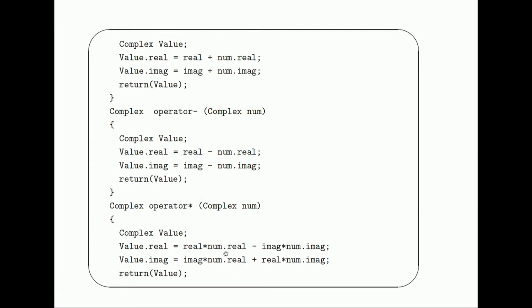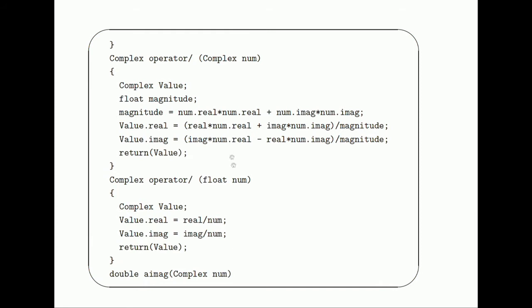There is another one for multiplication of two numbers. Here is something for scalar division, and there is an operator for division by a complex number itself. Notice that one is for scalar division and one is for division by a complex number. So, depending upon the context, it figures out whether to use this operator overload or that operator overload. If I pass a number which is a float, then it will know that it has to do scalar division, but when I pass a number which is complex, it knows that it has to perform complex division. So, this is something that you can define.